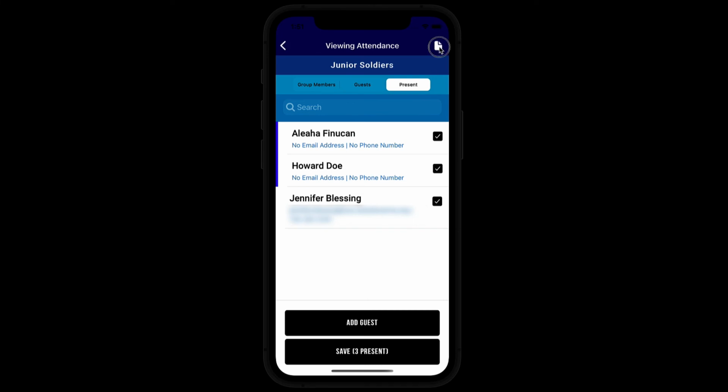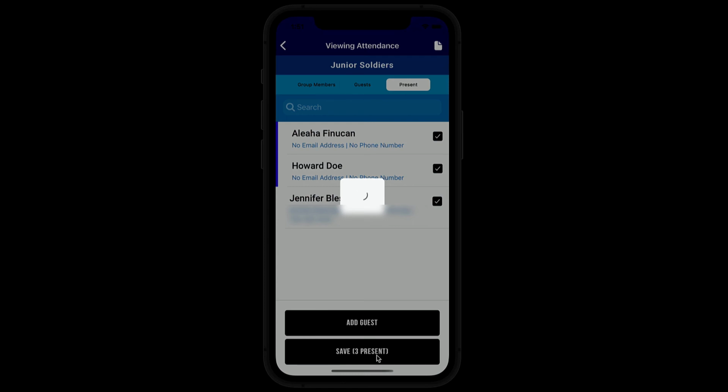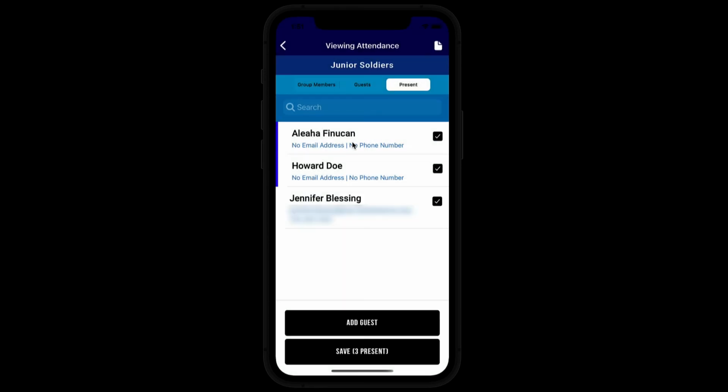Just another quick note, you can add a note to your attendance by clicking on the note button at the top corner and just adding your note. All right. And there we go. We save that. And we effectively have created attendance, have performed attendance for our junior soldiers